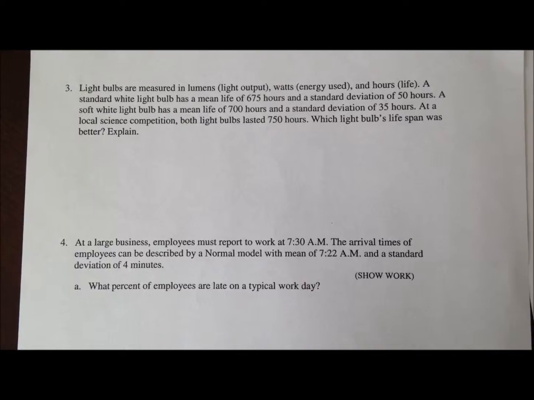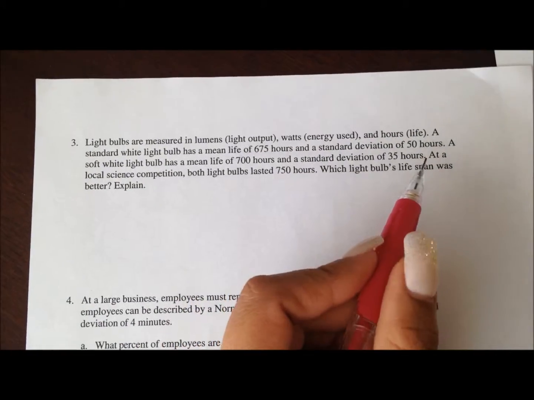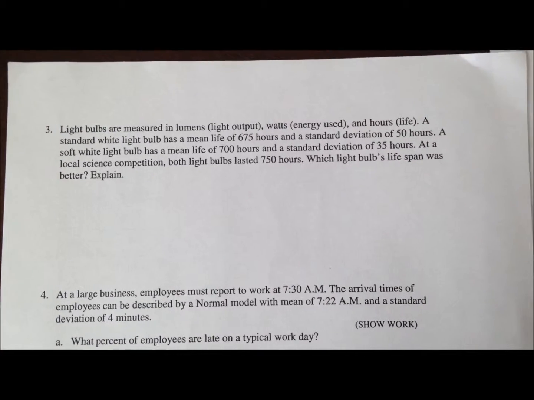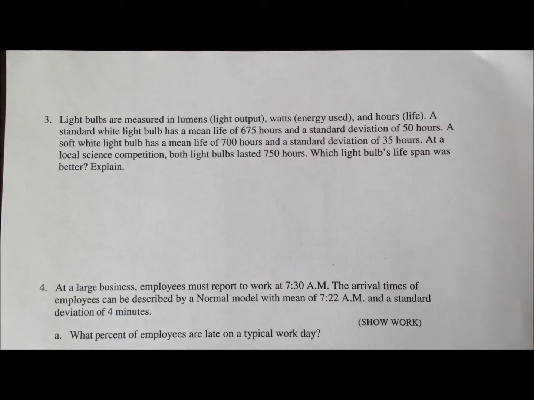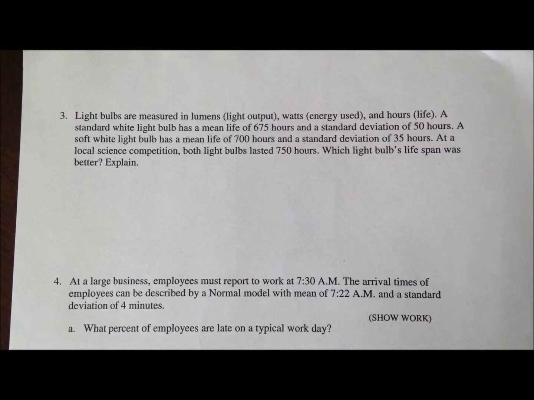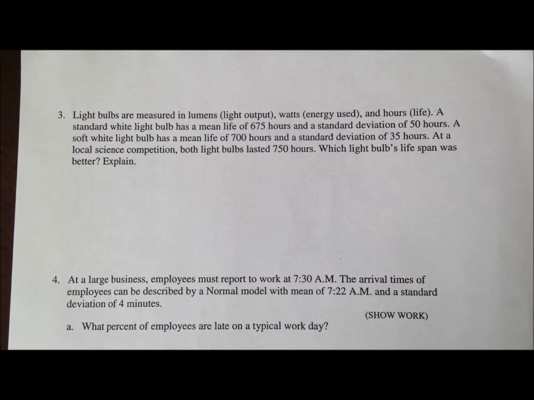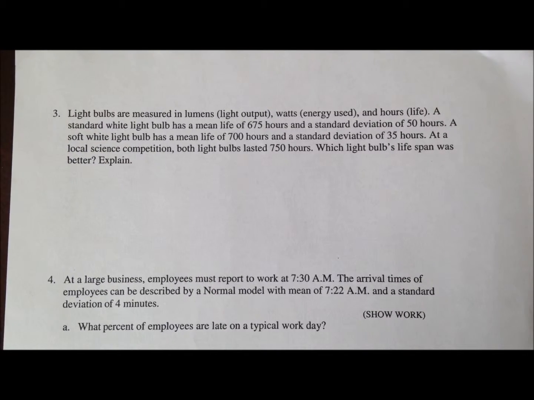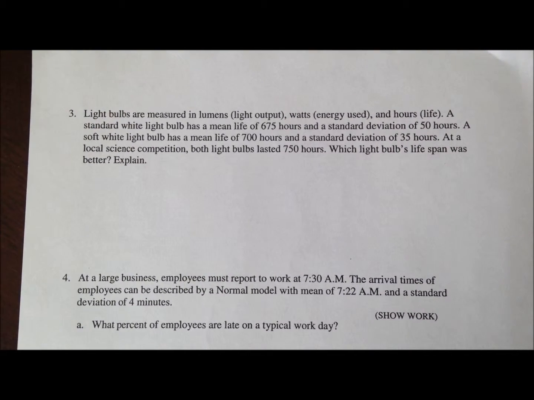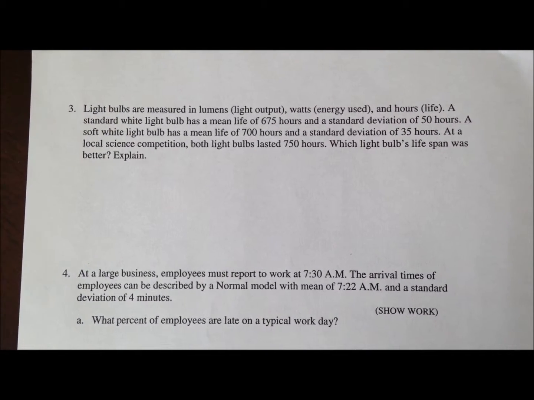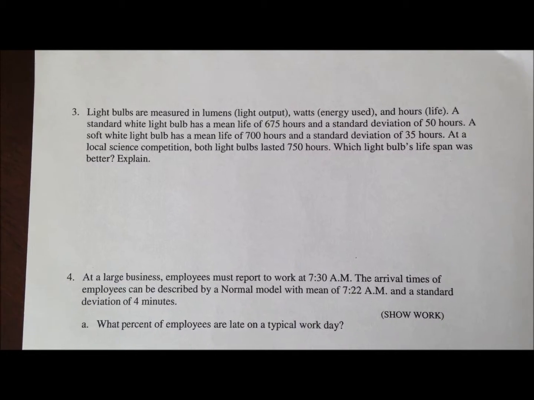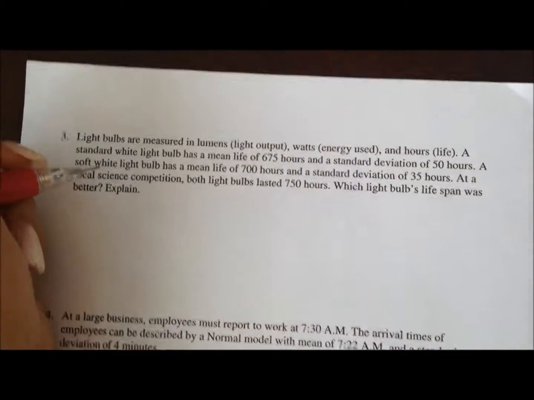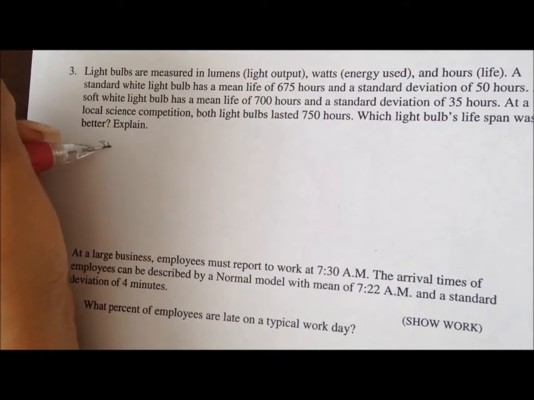Now number 3 is a question about light bulbs. It says a standard white light bulb has a mean life of 375 hours and a standard deviation of 50. And a soft white light bulb has a mean life of 700 hours and a standard deviation of 35 hours. At a local science competition, both light bulbs lasted 750 hours. Which light bulb's lifespan was better? And explain. So this right here is the standard,